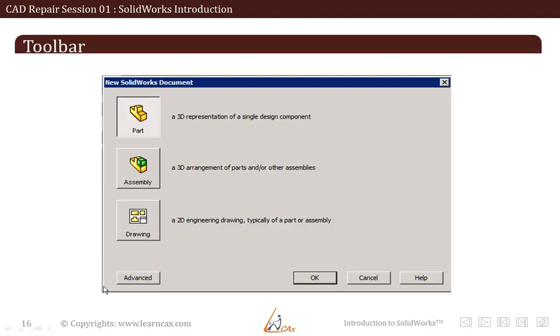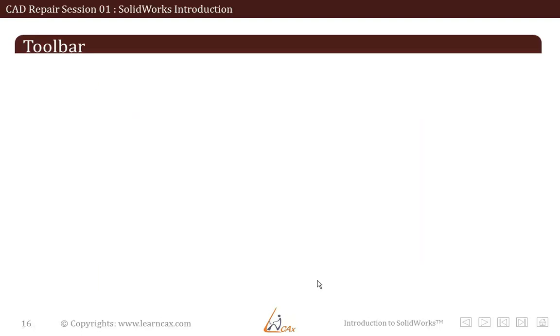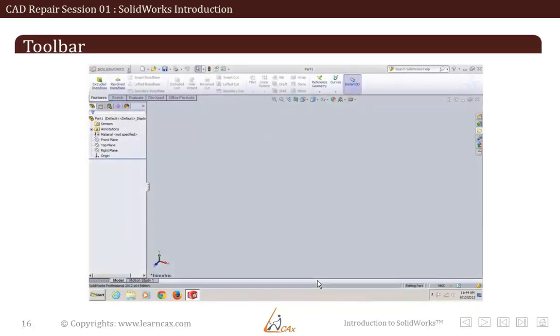There is an advanced button at the bottom. In the advanced page, templates and tutorial tabs are present. We'll understand about them later, but now coming back to the novice page, usually to begin with you will start with a part file only, so you can go ahead by pressing OK and begin working on your model.